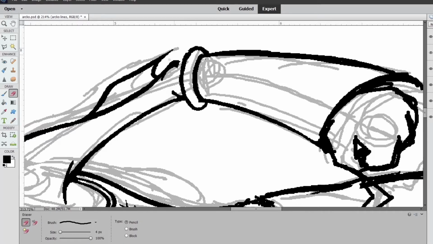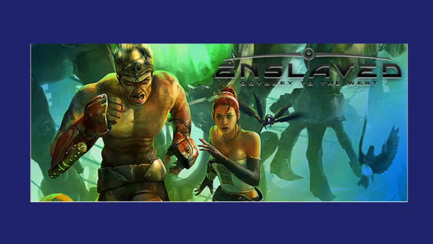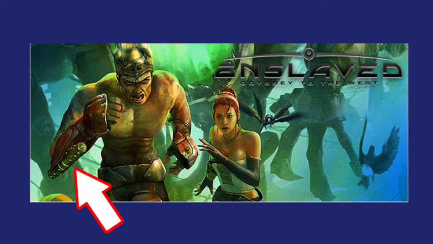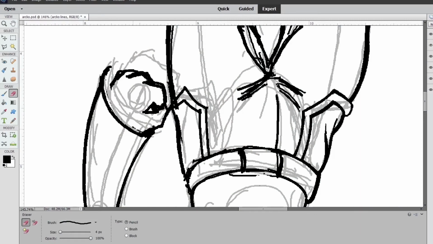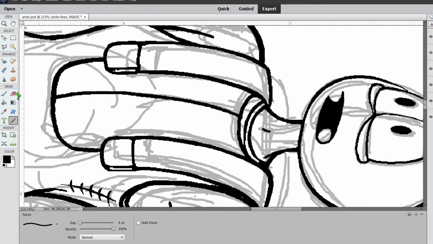I kind of think back, and I actually created this character before I ever played this video game, which is called Enslaved. But one of the main characters you play, Monkey, in the game Enslaved, had these forearm braces, because he's a fighter, and he had a weapon attached to it, which was a telescoping, I will call it a bow staff, that he used when he was in battle. So similarly, I wanted Arcko's arm braces to have functions other than just